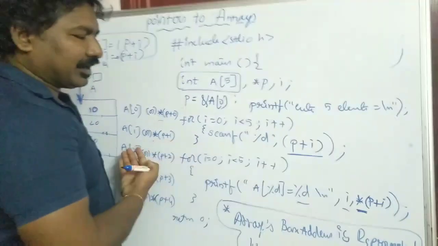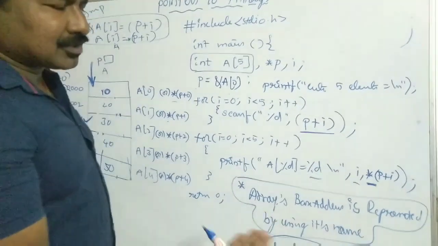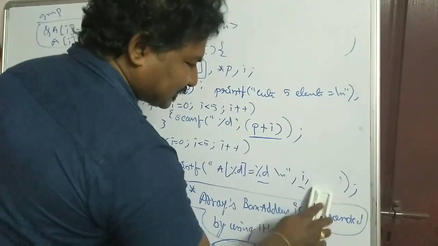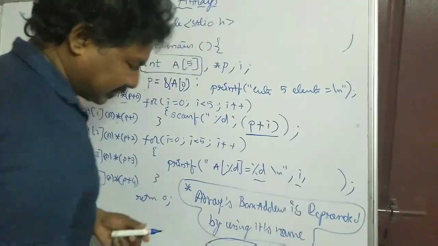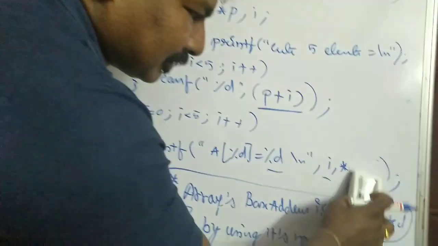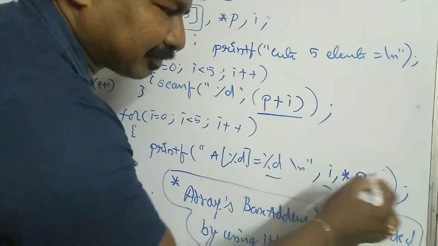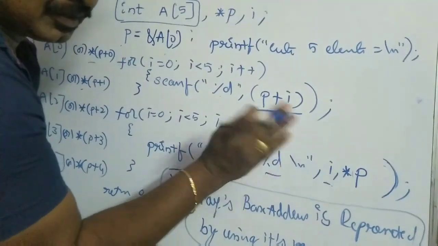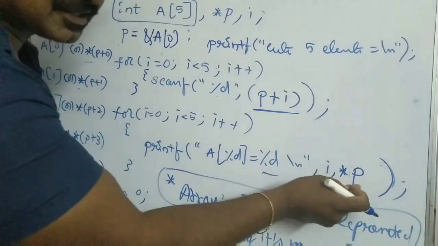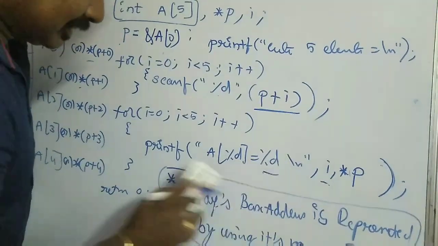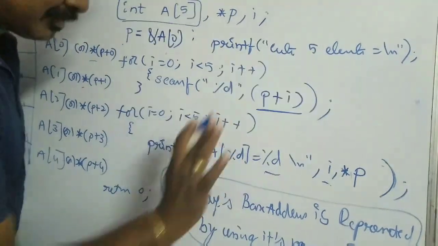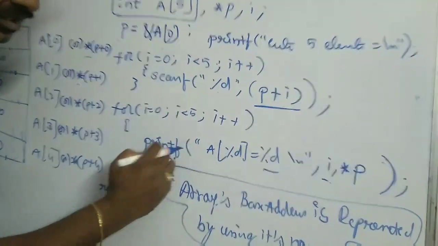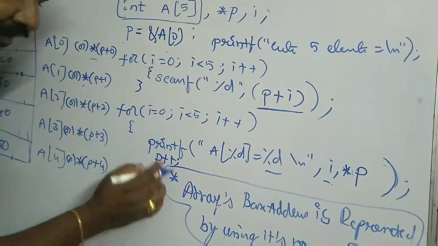Now I want to print all my 5 elements on the screen. So instead of star of P plus I, here I can write it as, so I'll just write a star P, just star P. Star P means the P is pointing to the first element, so you'll get the first element. So what is the next task? I need to go to the next element. So simply I can write p plus plus. So I'm adding just an extra statement to the for loop, that is p plus plus or plus plus p, whatever.